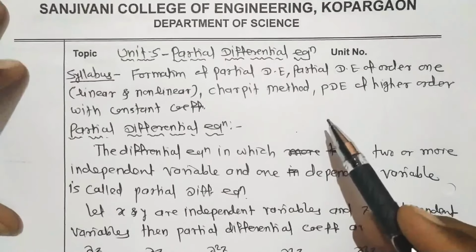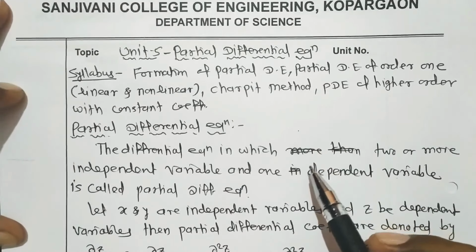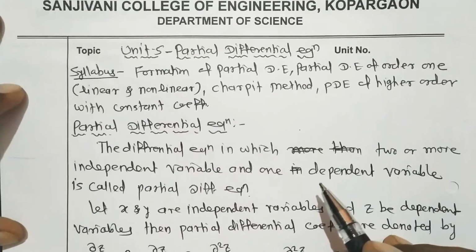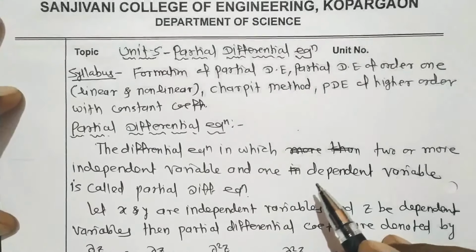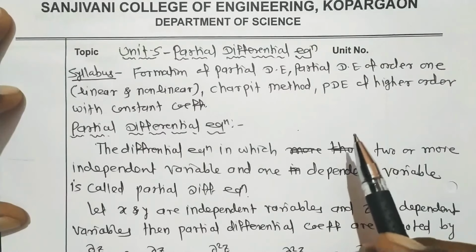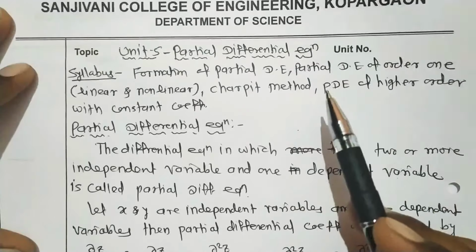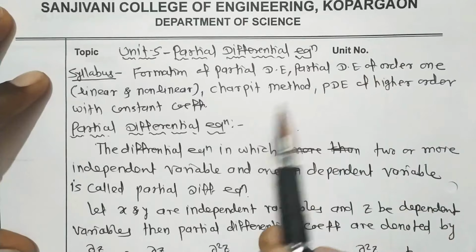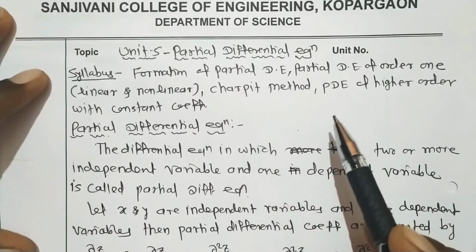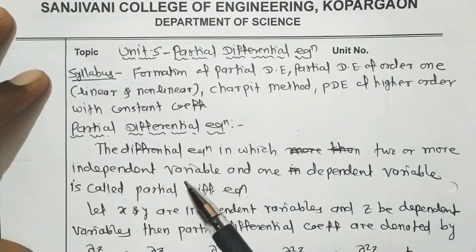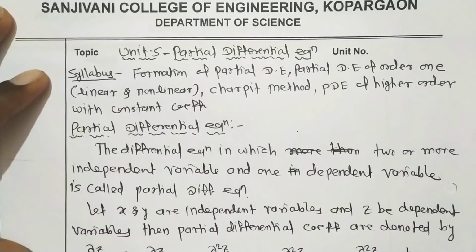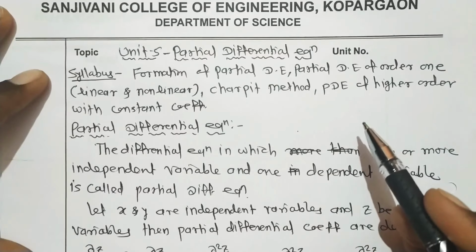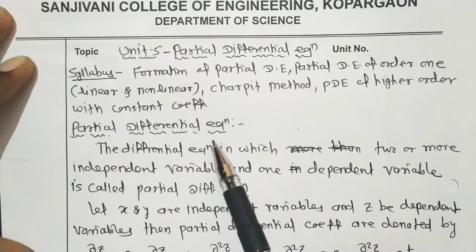Now we will start partial differential equation. So what is the definition? How we define differential equation first? Differential equation means any equation which involves derivative. That is called as differential equation. But differential equation has so many types. So first one is ordinary differential equation. Second one is linear differential equation, then partial differential equation. So ordinary differential equation and linear differential equation is already covered in unit number 3, that is higher order linear differential equation. Now today we will start partial differential equation.